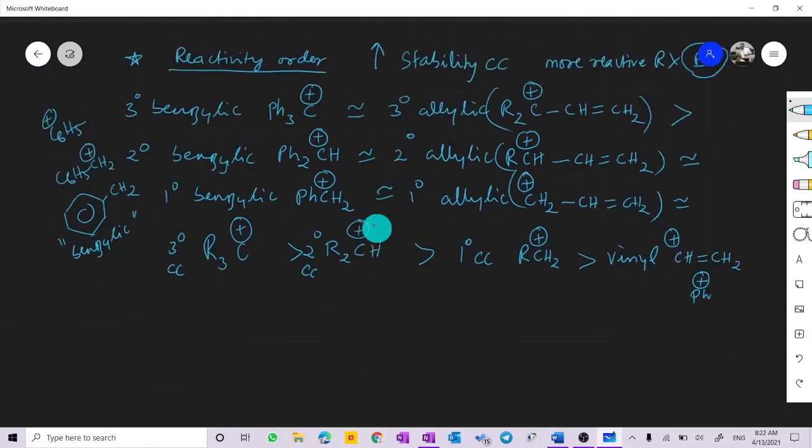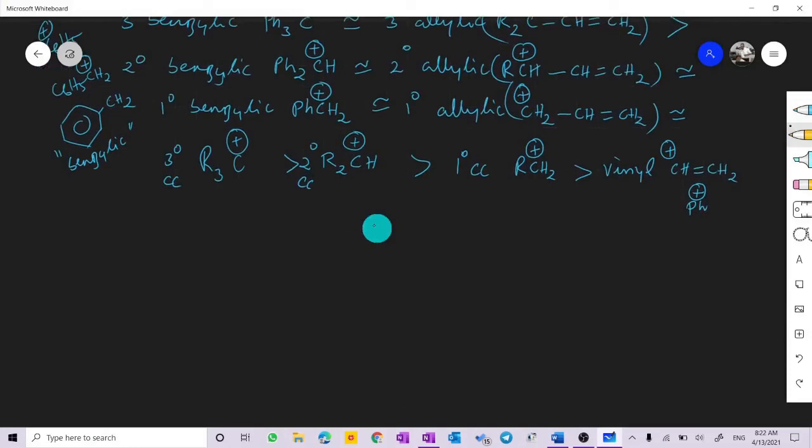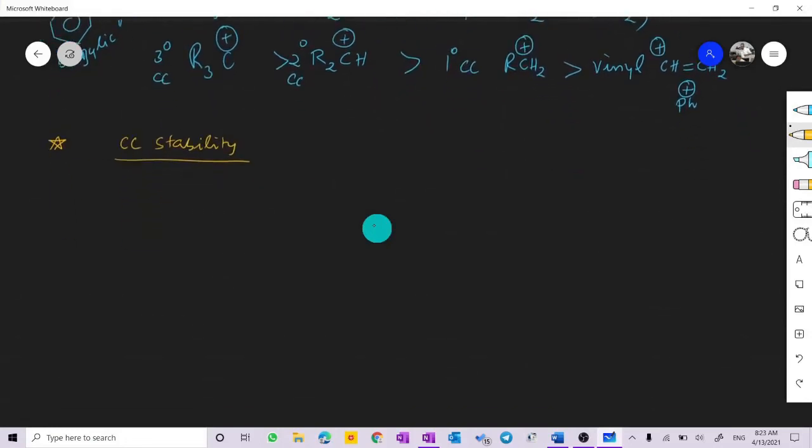The next point regarding the elimination is rearrangement. Since carbocation stability is the deciding factor for the elimination reaction, rearrangement becomes important. Therefore the carbocation has to be stabilized. For example, let me take a carbocation that can be formed. You have a phenyl group, then CH with a Br, and here you can have a methyl group and another methyl group, so we can have a better stabilized carbocation.